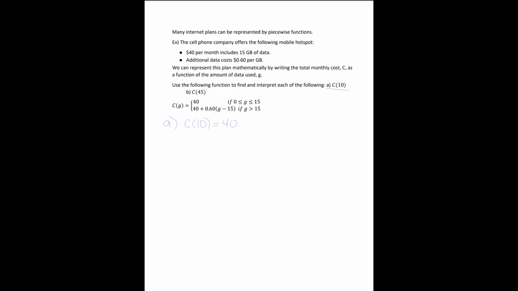Now let's do another one. It's not that hard, right? Now we're looking for C of 45. Does 45 fall within this range? No, it doesn't. So we jump to the next one. Is 45 greater than 15? Yes, it is. So since it falls in this range, we're going to use this function. Anywhere there's a G, we plug in 45 for our G. So it's going to be 40 plus 0.60